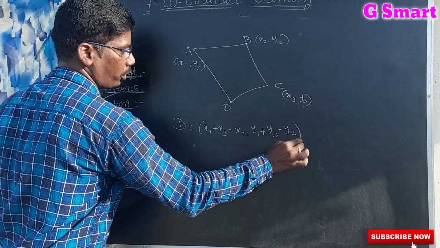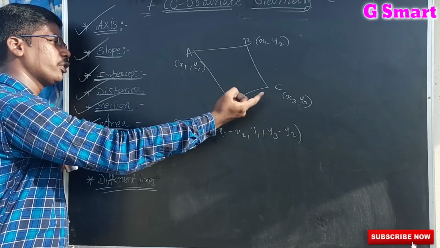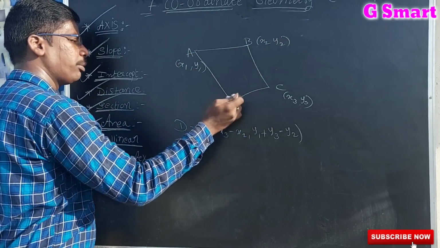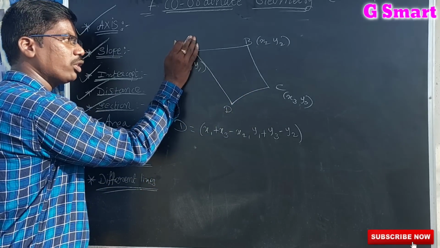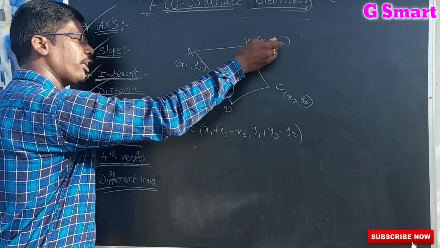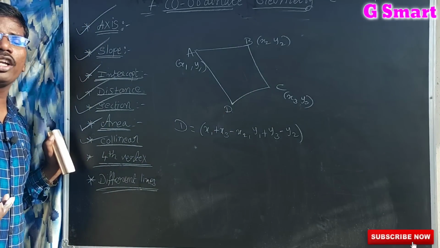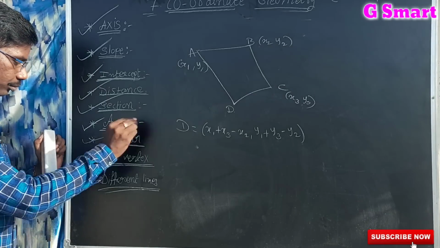This is also something I am going to explain tomorrow, very important. So x1 plus x3 minus x2, y1 plus y3 minus y2. For example, if you want this one, then you have to do x1 plus x3 minus x4, y1 plus y3 minus y4. If you want this one, you have to do x2 plus x4 minus x3, y2 plus y4 minus y3. So like this we can find any point of the quadrilateral. If you know 3 points, you can easily find the fourth point.